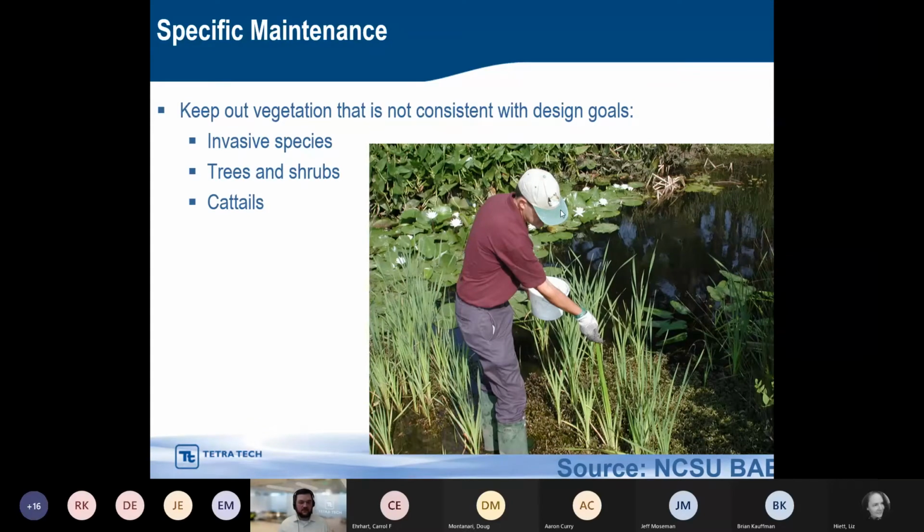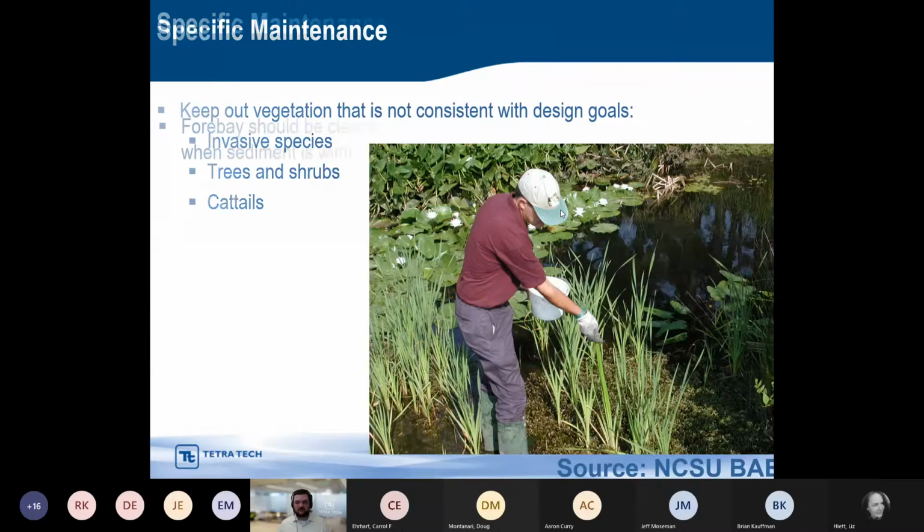But we do want to try to keep those out, depending on the type of BMP as well. Wetlands, we tend to try to keep trees from establishing, or I've seen a lot of photos of sand filters that look a lot more like bioretention areas. So depending on the type of BMP, you may need some occasional maintenance there to keep out those invasive species, and definitely to keep out the cattails and some of the trees and shrubs, depending on the type of BMP